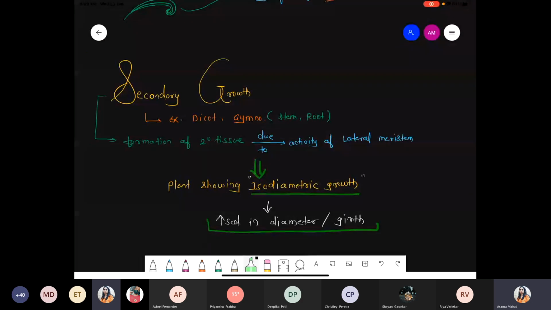Because in case of apical meristem and intercalary meristem, they are responsible for elongation of the length. Length increase हो रहा था, यहाँ पे increase हो रहा है diameter wise. That's why we are using isodiametric. Because now what happened? Definitely, growth they are showing in a radial manner, in diameter, in girth. So ultimately, all size equal growth will be observed. So that's why we are using ISO.